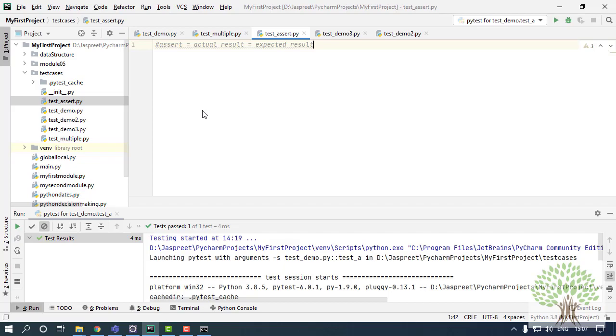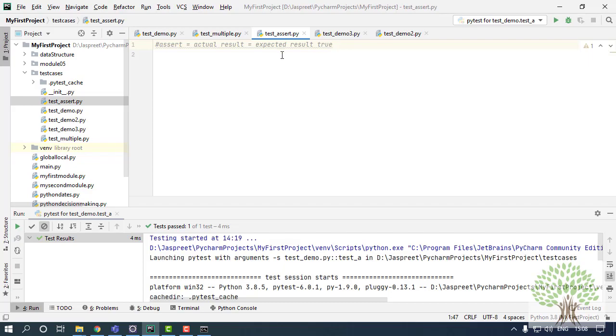This assert keyword is very helpful when we are running the Selenium scripts and I want to validate some points, like I want to validate some title. So I'll check on the title page what's the title. I'll give some title from my end and I'll compare it with the home page or the page that I want to. So it will check whether they are matching or not. If it is matching, if the actual result comes out to be equal to the expected result, then it's going to return me a boolean value that is true.